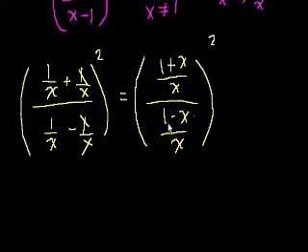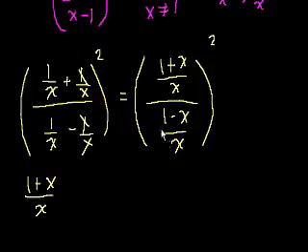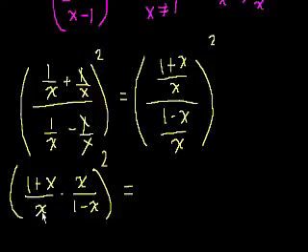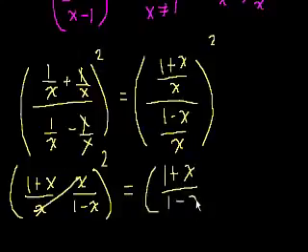And this inside of the brackets is the same thing as 1 plus x over x, and instead of being divided by this, we could multiply by the reciprocal, times x over 1 minus x. I just reciprocated this and multiplied. And this is all still in the squared. Now these x's cancel out, and lo and behold, we get (1 plus x over 1 minus x) squared,